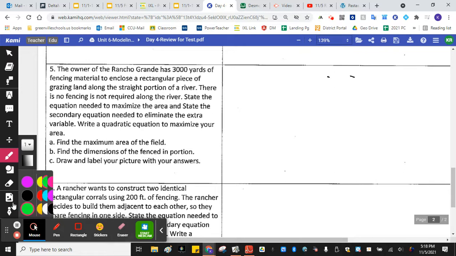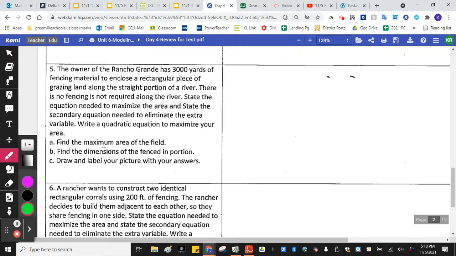Last type of problem for our test on Monday is maximizing area. It really does help to draw the area. So draw a picture for all these, because this one's saying it is not required to have a fence along the river. So here's our river in green, apparently. You know what I'm talking about. This is our river. And then we're just building a fence,